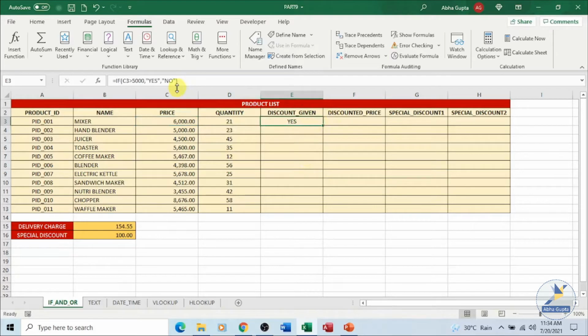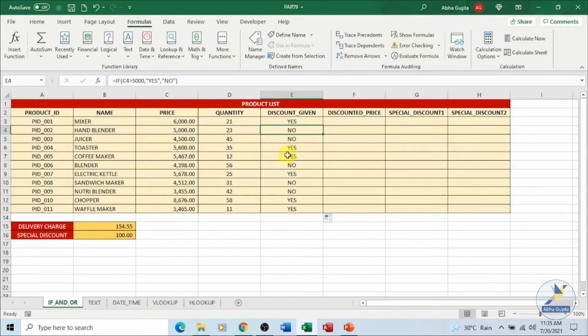Now see the condition over here in the formula bar. We have said that if this data C3 is greater than 5,000, say yes, this should be printed. If it is false, this should be printed. Let's copy it to the other cells and see the results. Over here it is 5,000. We have not specified greater than or equal to. Had it been greater than or equal to, the answer would be yes. And this C4 is changing automatically. In this case it is 4,500, so it is no. Over here it is more than 5,000, so you have an answer as yes.